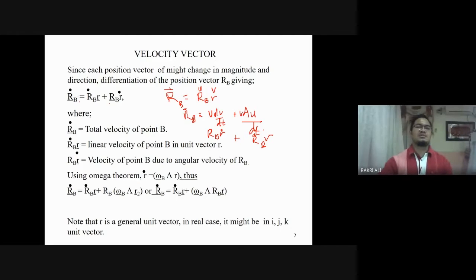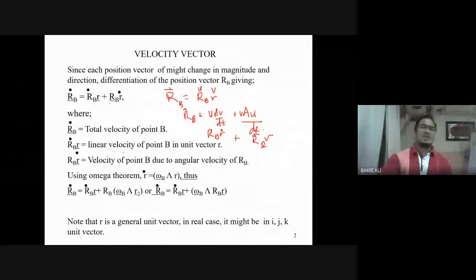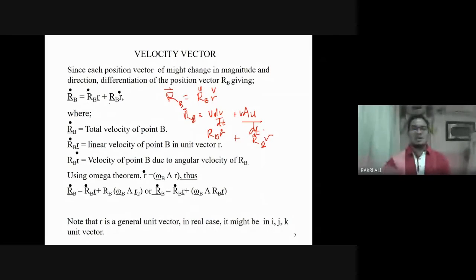So this is the symbol for velocity of B. And r_B dot here is the linear velocity of point B in unit vector r, so ijk. What we need to know is that r_B dot is the linear velocity, not the rotational velocity. Linear meaning it moves in the xy plane, yz plane, or xz plane. Normally, if it is the hydraulic or the boom, it is due to the